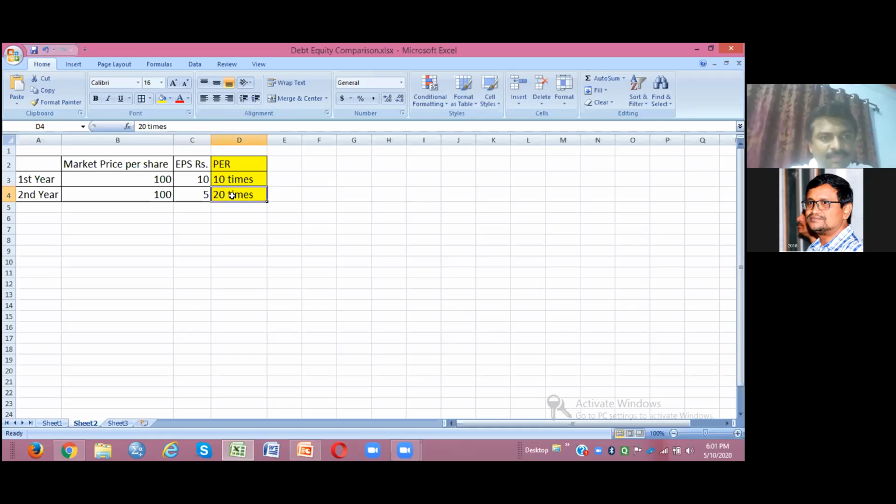Yeah, one of the participants says it's a bad performance. It's very simple. Yeah, because EPS decreases. Yeah, P ratio has increased. Price earning ratio has increased, but see what has happened: the market price of equity share has not changed. Earnings per share